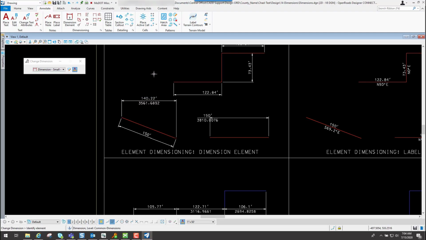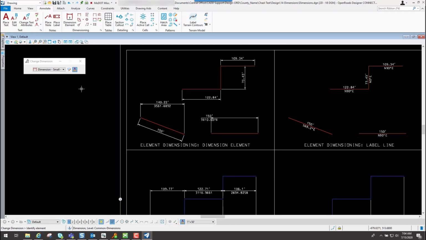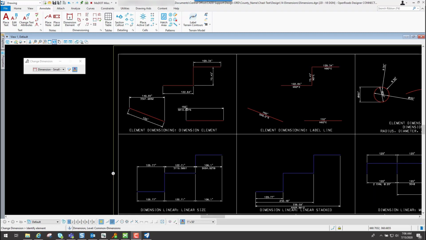And you could do everything in the file if you wish. I don't really recommend that, but you could do that also, to where you could select all your dimensions and apply it to all the dimensions that are out there. So those are some examples of changing your dimensions. You can simply edit the dimension text. You can drop the dimensions if they're tied together, and editing dimension styles for dimensions that you want to place or existing dimensions that have been placed.